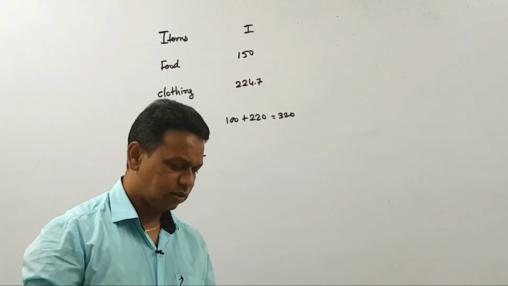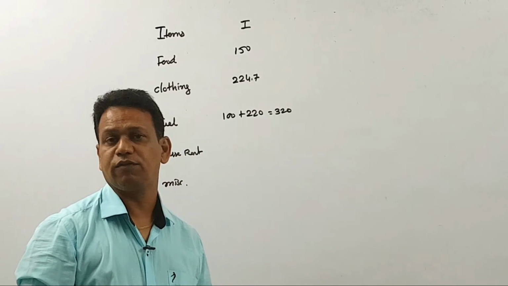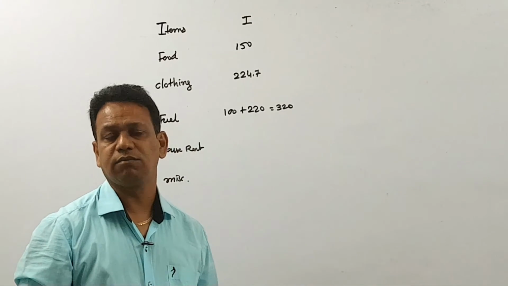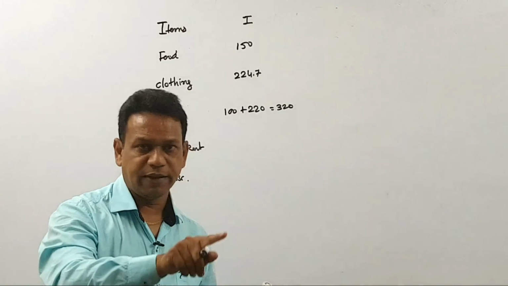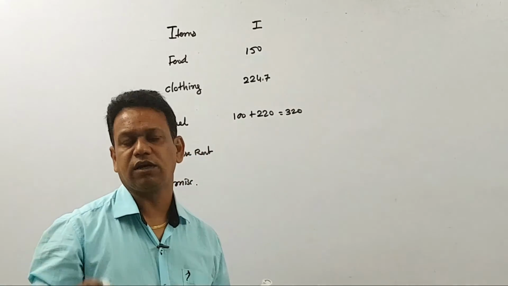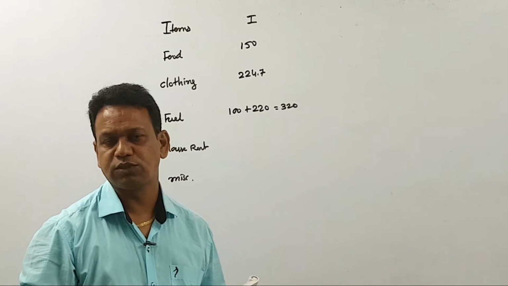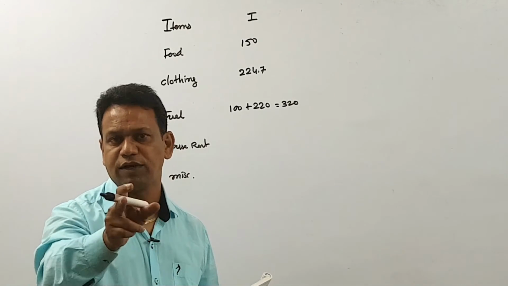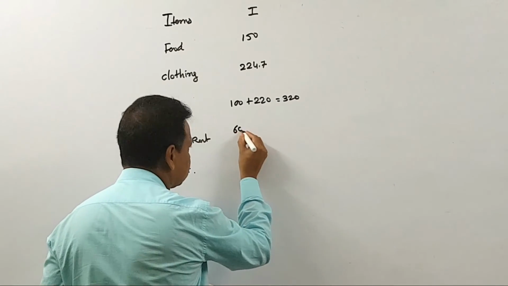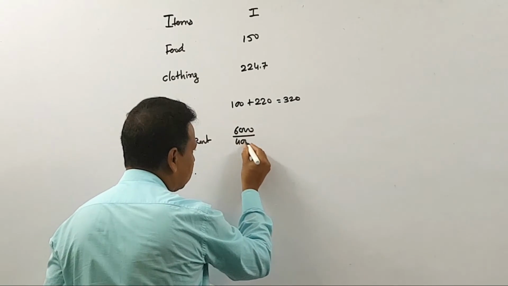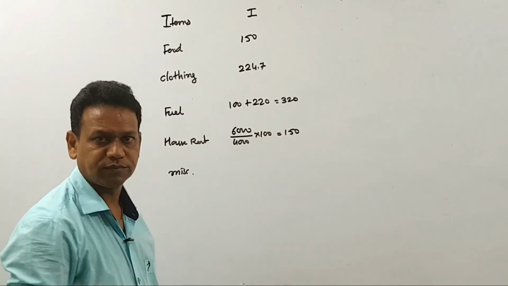Then the next part is that the expense on rent has increased from 4,000 to 6,000. My dear friends, again they have not given the index number of house rent, but they have given the actual amount of rent. In the base year they were paying 4,000, now in the current year they are paying 6,000. So we have P1 and P0. With the help of P1 and P0 we are able to get the index number. So P1 is 6,000 and P0 is 4,000. So here 6,000 divided by 4,000 into 100, it is 150.